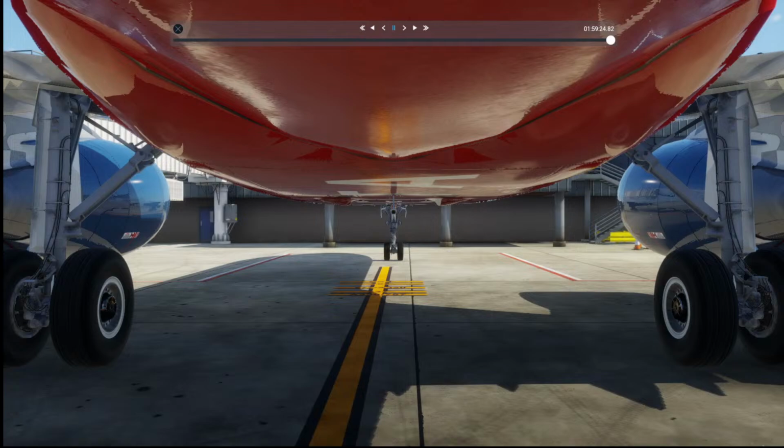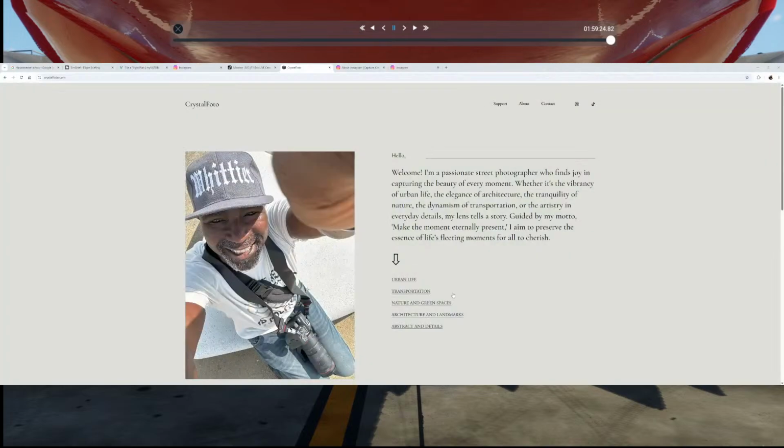Okay, so I'm trying to pull up this website. How do I... Let me get it now. Okay, here, that's it. So this is what I do on the side. I used to do photography years ago. Crystal Photo, you can see the name. So that was way back then, 2000s.